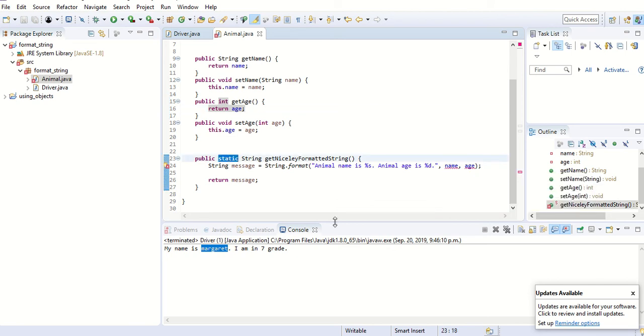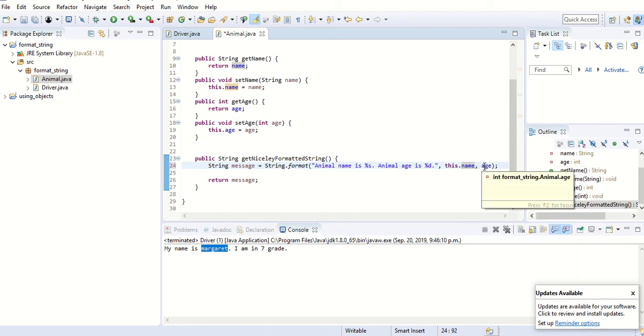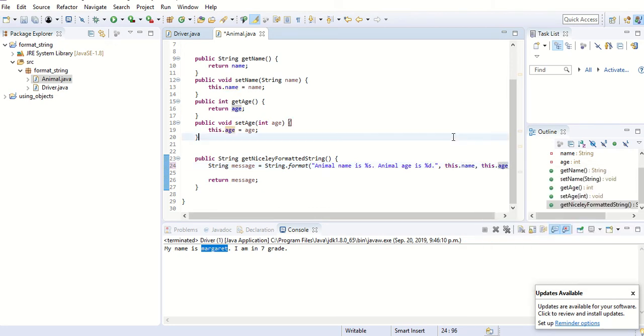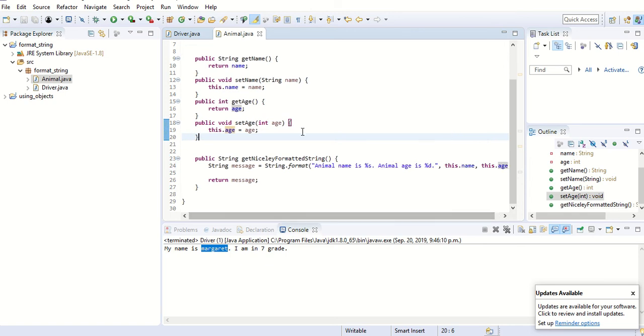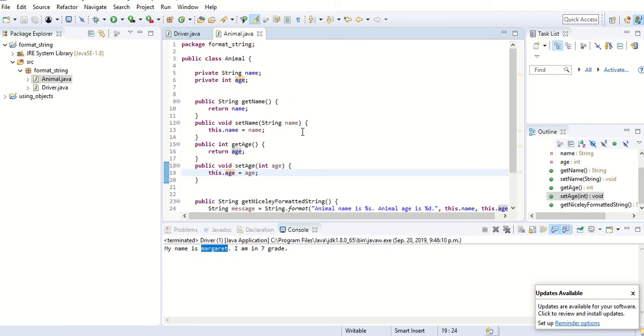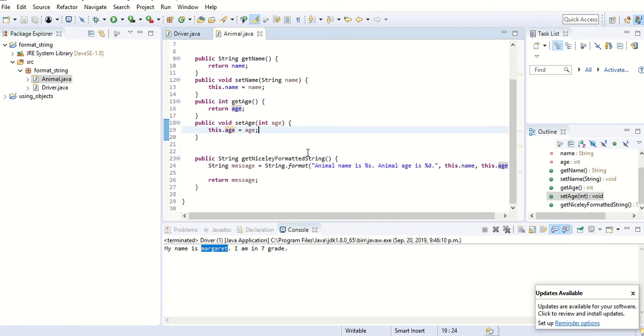Static. So we don't want static. So actually, when we work with objects, in most cases we don't need static methods, and we actually don't want to have static methods. All right. You can also add this to the variables to indicate that it's this object, but it would work either way. All right, so we have the method, we have the message, we're reading the instance variables, we have the formatting the string and